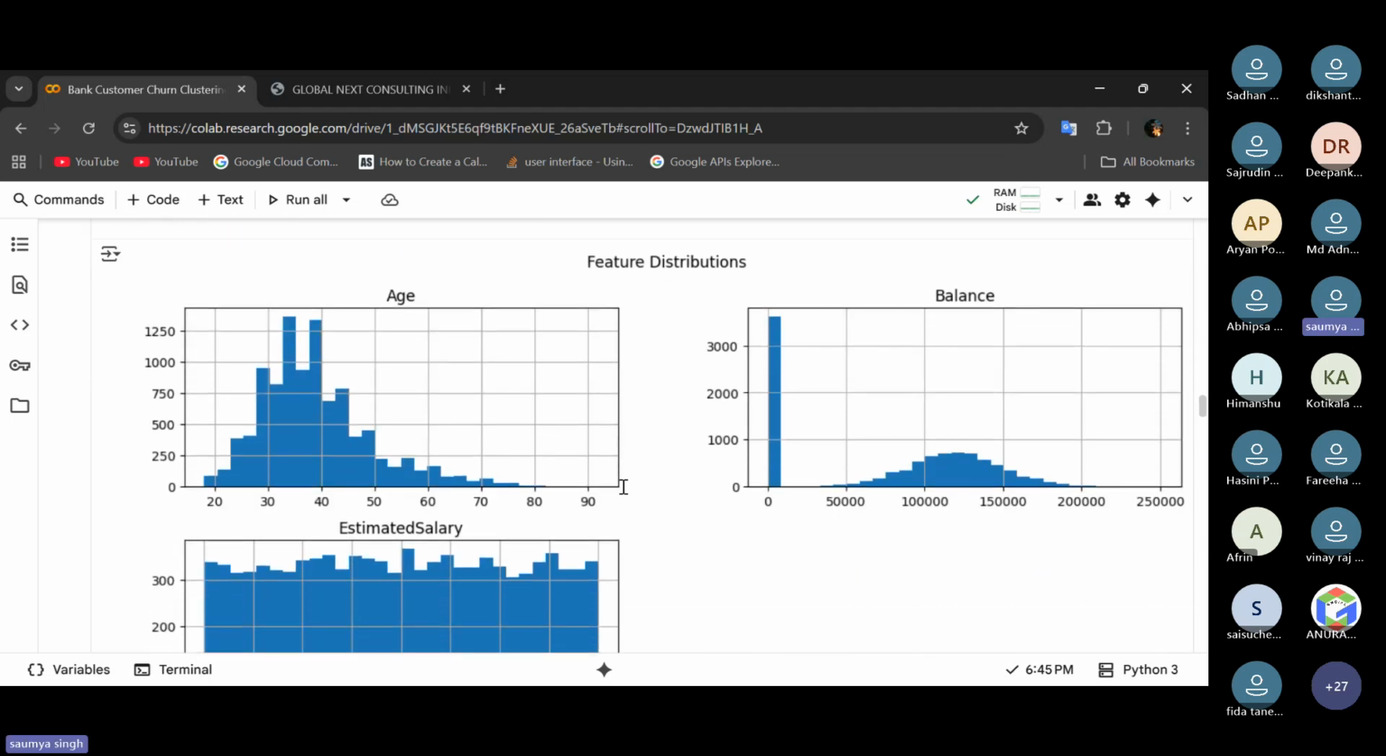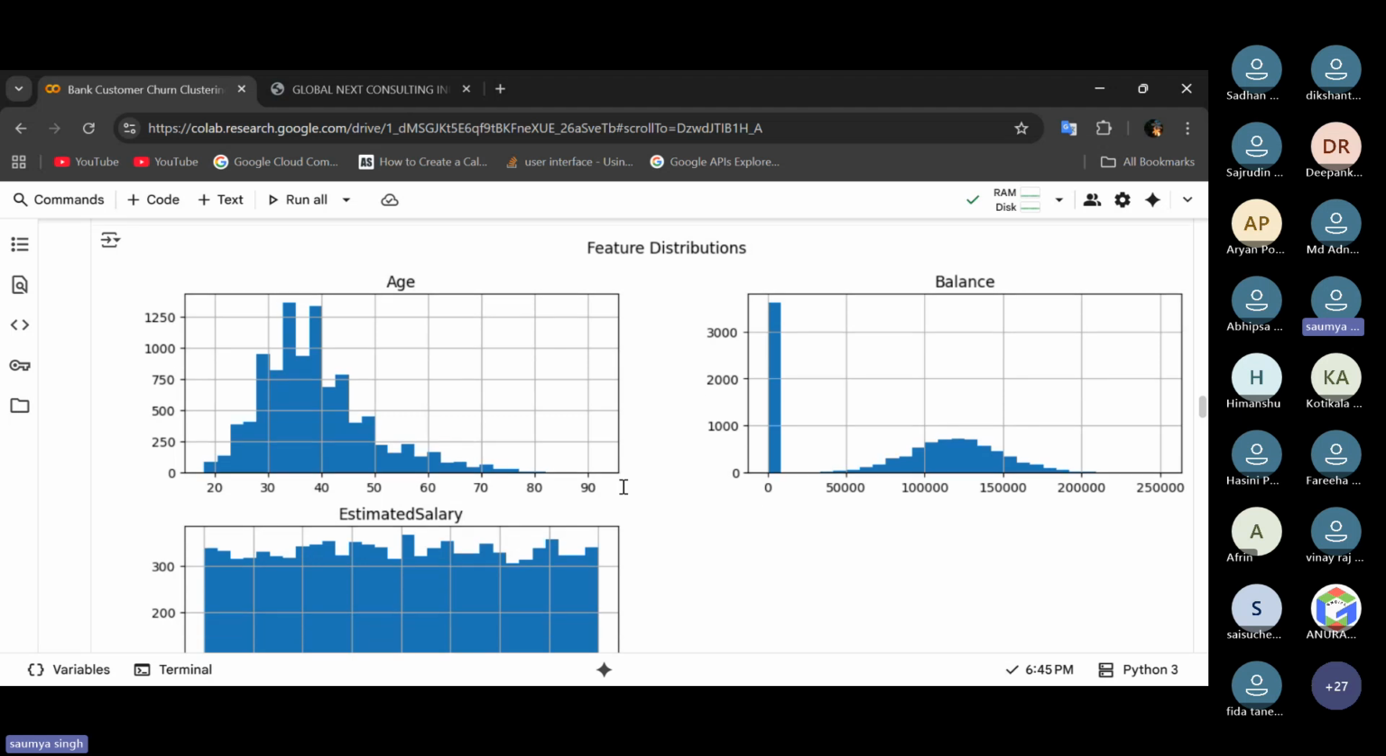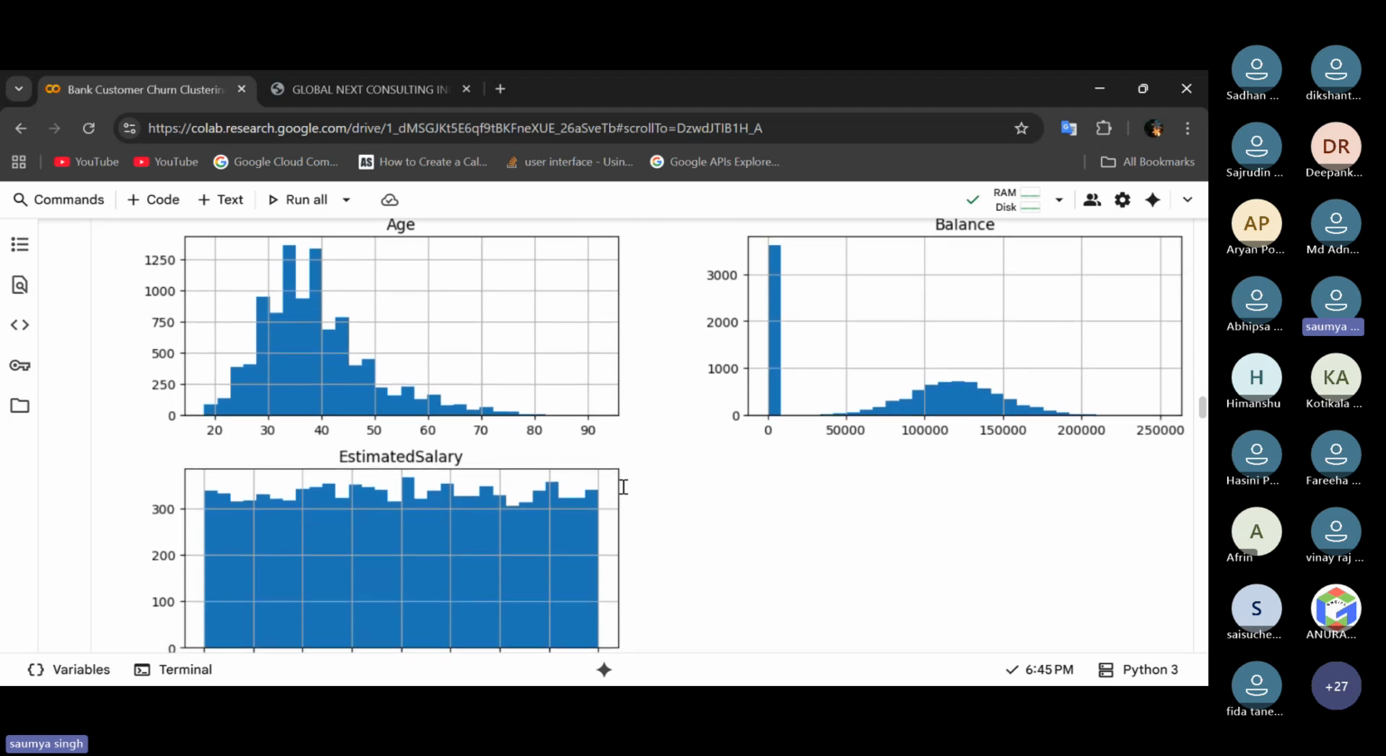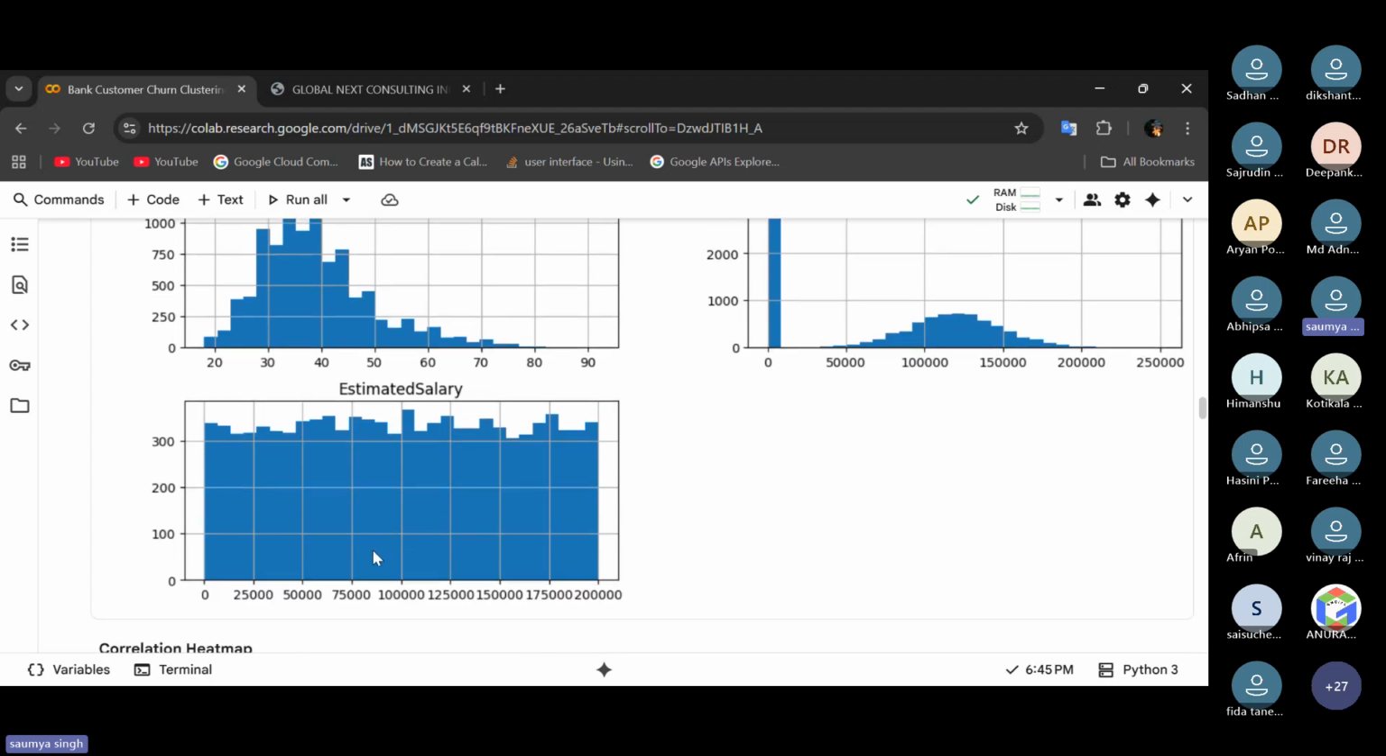These histograms show the distributions for age, balance, and estimated salary. We can see that age is concentrated around young to middle-aged customers. The balance is clustered at 0 with a long upper tail, and the estimated salary